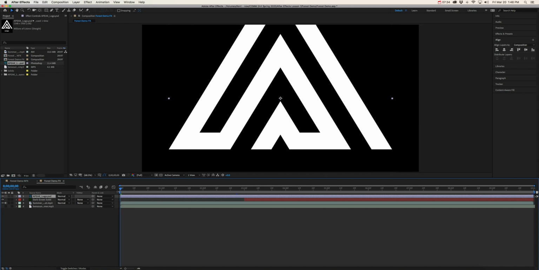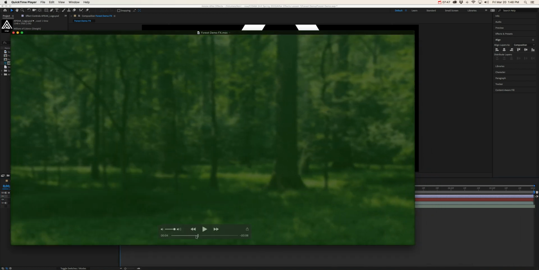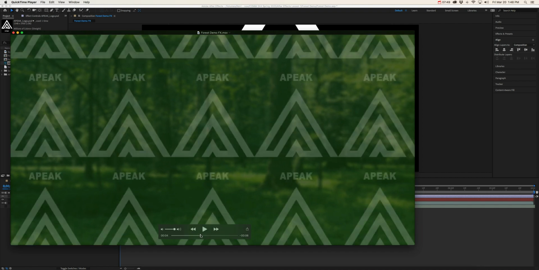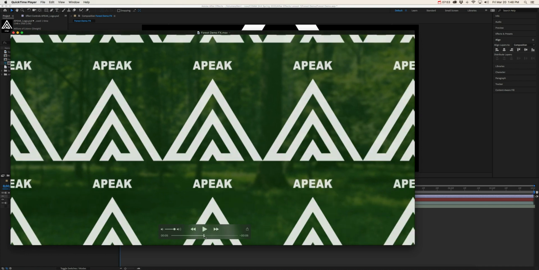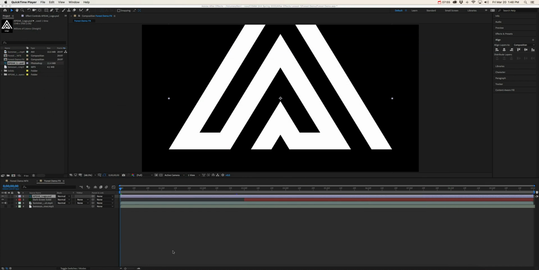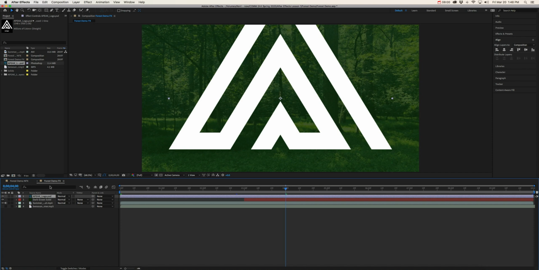That's because we're at 0 seconds, and remember we're starting with a fade in, so this is perfectly normal to see all black. Let's refer back to our final product: we don't see our graphic fading in until the 4-second mark. So I'm going to put my current time indicator at the 4-second mark, and I'm going to trim this layer